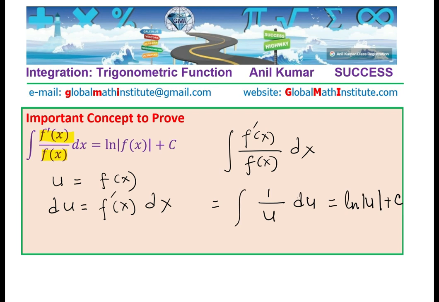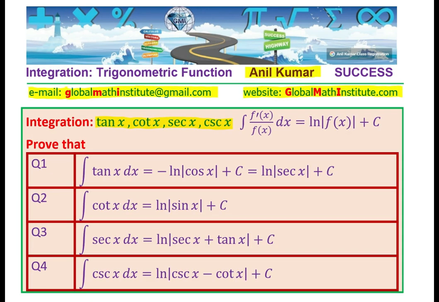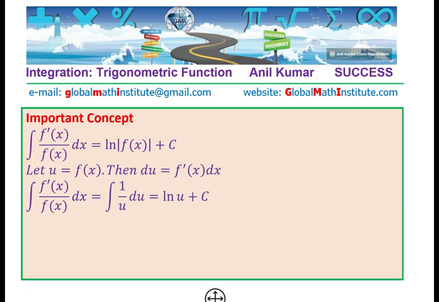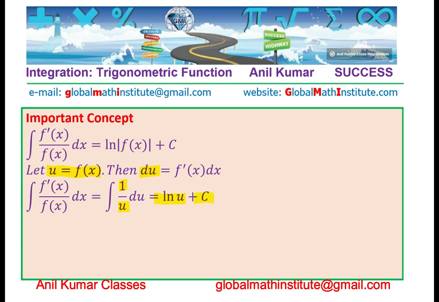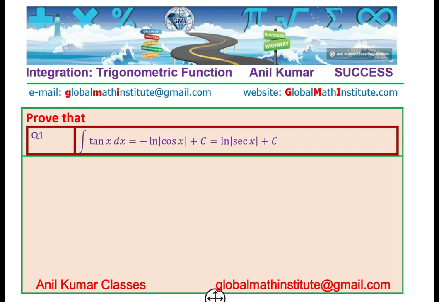You get the idea. So once again, here are the four things which we are going to prove, but the pattern of proof is exactly what I shared with you. We'll substitute u as the denominator, right? And then we know that the numerator is only du, and therefore the integral will be ln u plus c. That is the concept. Now let's begin with the very first term, which is we need to find the integral